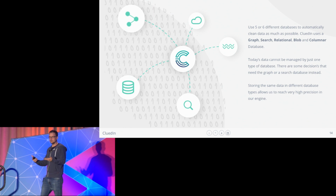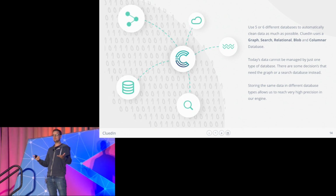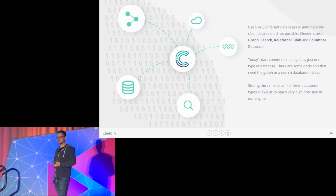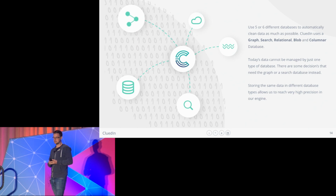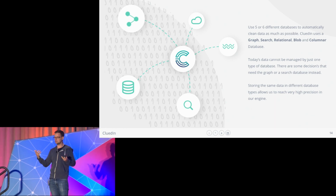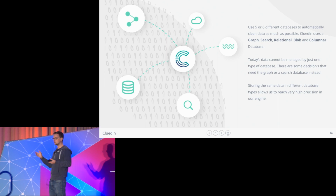I don't think I'm bold to say this because, in fact, Emil says this himself. There are 15 types of database families today. And most companies are still trying to solve their data problem with one or two, the relational store or a columnar database, the data warehouse approach. This is great. Data warehouses solve a big problem, but they're not the connected enterprise. And so at CluedIn, and if you decide to build this engine yourself, at CluedIn we actually use 5 different